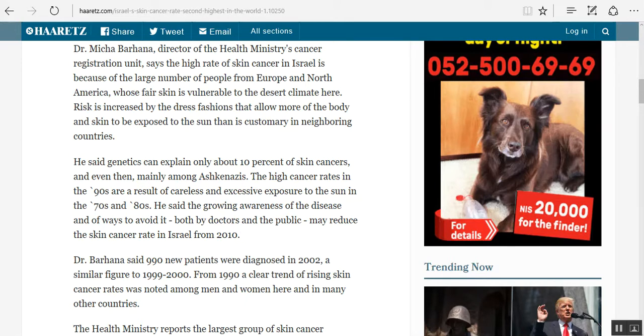Because you never hear about them complaining about all these skin cancers in the Bible, because they were dark-skinned people. Israel gets very hot in the summers and throughout the year, and it also gets very cold. So Israel is in that part of Africa, and Israel used to be a part of what was called Greater Africa until later in the years it got divided. So it is absolutely impossible that the ancestors of the white Jews today were white people,